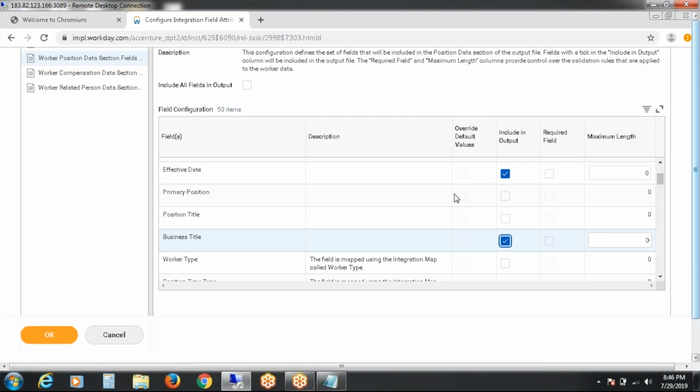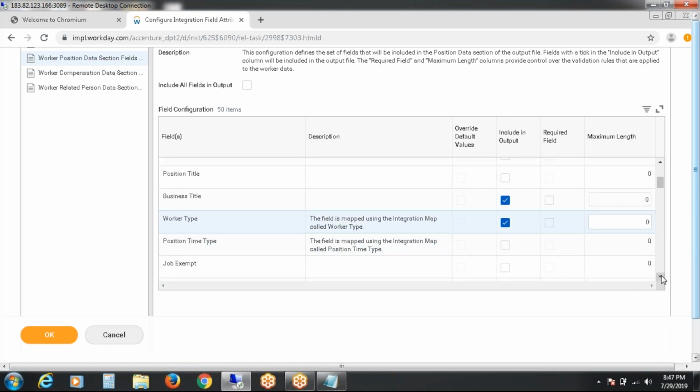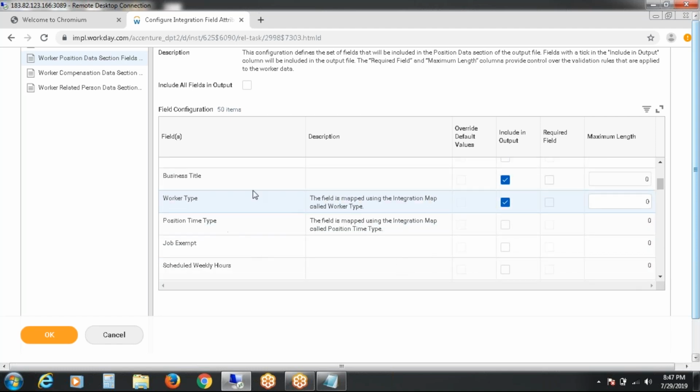When was the last payroll run, what is the current payroll date, what is the current payroll data, and any bonus that he is getting. These things will be available in the process. Actually, in this practice tenant, we don't have the access. Worker type: here also, as I told you, if it is an employee, we will see E, and for contingent, we will see C. So these things I need.